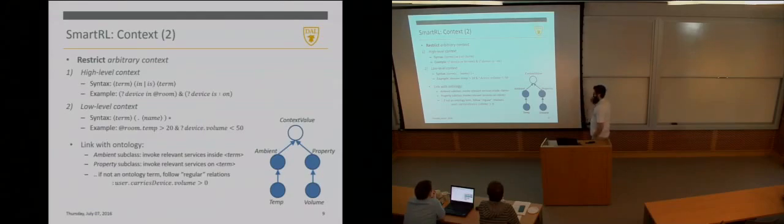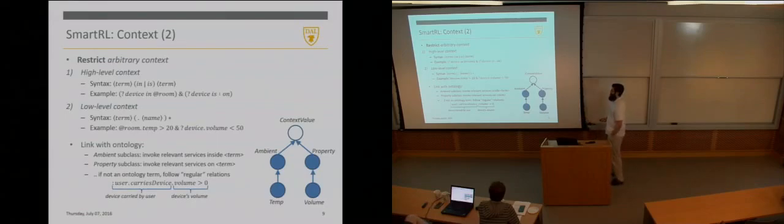We will follow the regular relation. So, for instance, here we will reference the device that is carried by the user, and then here we see that this is a subclass of property. So here we would then go and look for a service hosted on this particular device and go through the same exercise again. Obviously, this opens the door for all sorts of naming clashes that you have to be careful for.